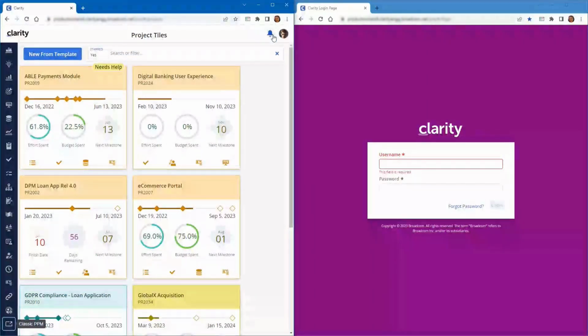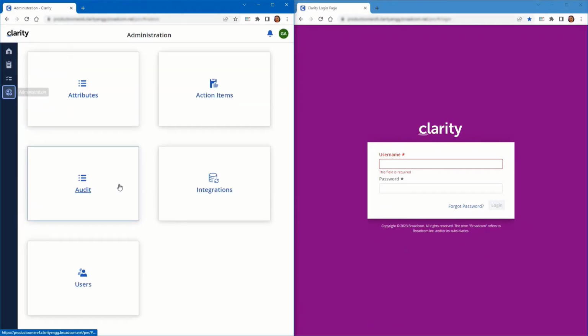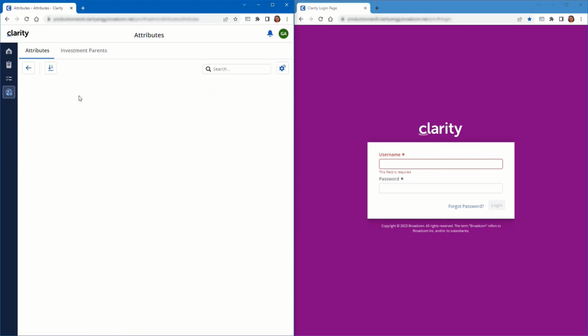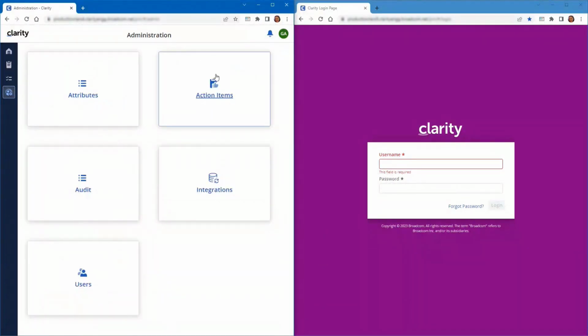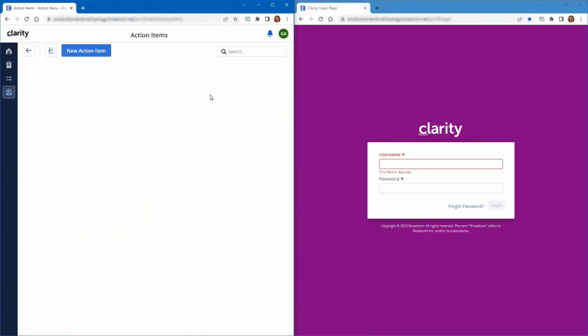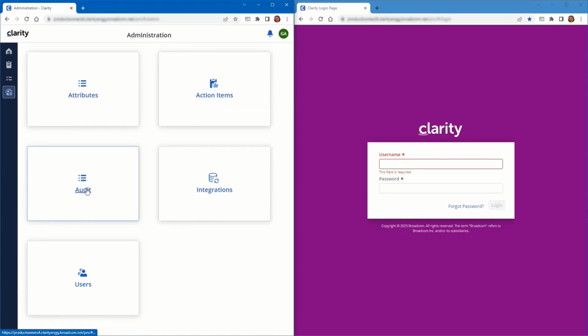So let's log in again as Gabrielle. And now you can see the 5 tiles. And he has the ability to go into attributes and manage attributes in this space. He has the ability to go to Action Items and manage, create new action items and edit existing action items. He has the ability to go into the Audit,